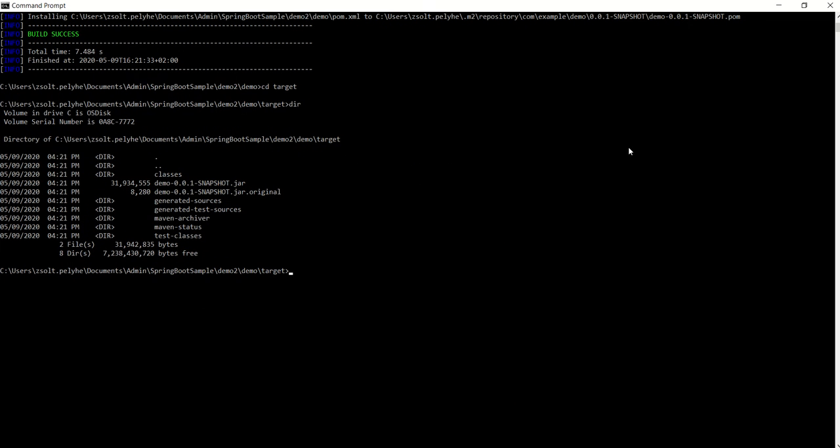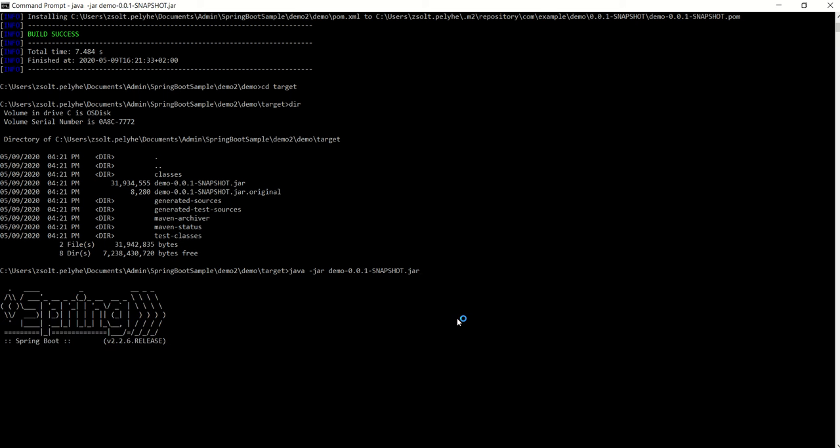So all you need to do is start the application. The way to start that is, don't forget, it is java -jar and the name of the application, which is this here. So let's try to copy it, if it works. I'm not sure. Let's see if it works or not. Yes, it works. So with the java -jar demo, we can start the application, and let's see how it's running,